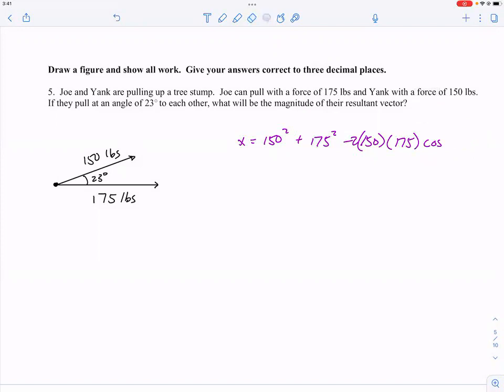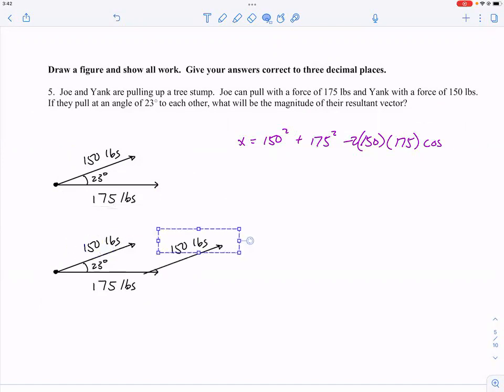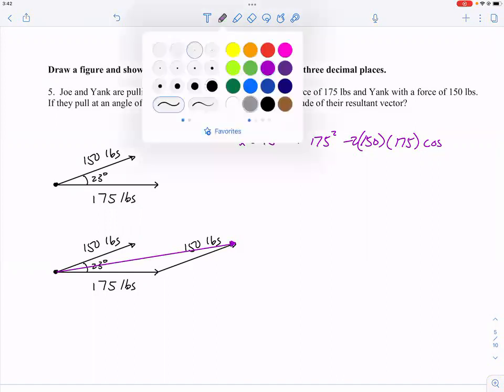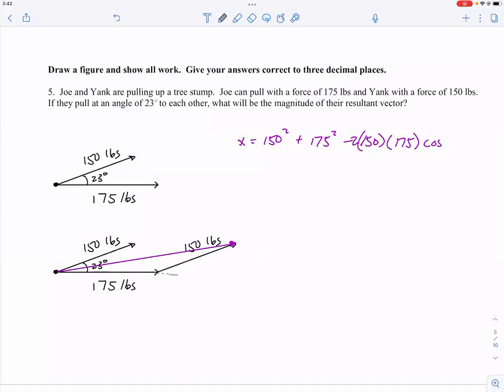All right. So in order to create a good, accurate drawing, I mean, this is an accurate drawing, it's just that we need to fix something. What we need to fix is that we need to move one of the two vectors so that they are connected from head to tail. And then you can draw your resultant. And we need this angle. And don't forget this is 23 degrees because